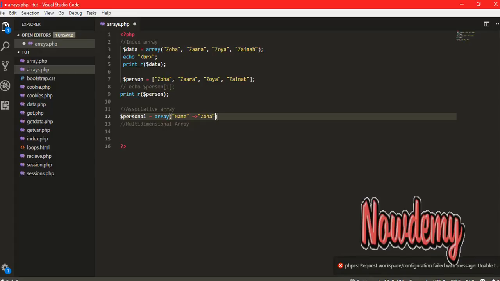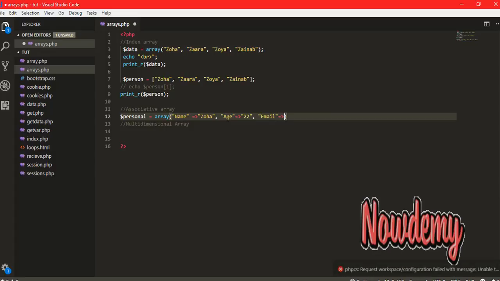This is the name and this is the value of this name. So name will contain the value Zoha, and another value could be age. Age is 22,